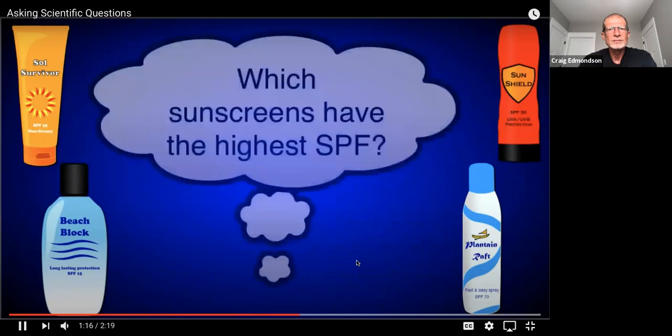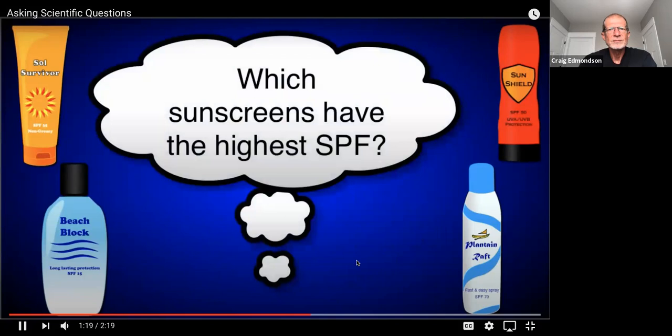Consider the question, which sunscreens have the highest SPF? This question is better, as it can easily be answered through direct observation. You just look at the available sunscreens in the store and compare their SPF values. But this question is a basic data collecting question. While it's useful in building knowledge, it doesn't require any explanation or experimentation, so the question can still be improved